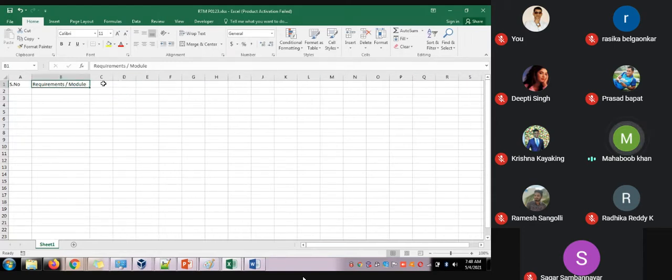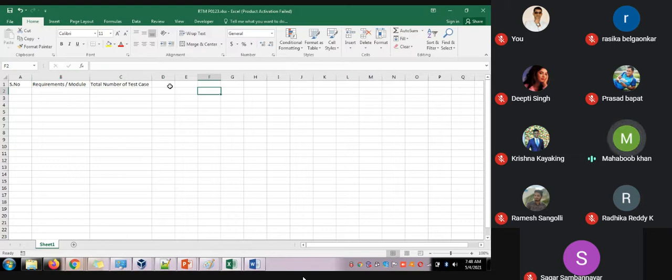Then it is the total number of test cases. So this is the format of making the traceability matrix, guys. Comments.